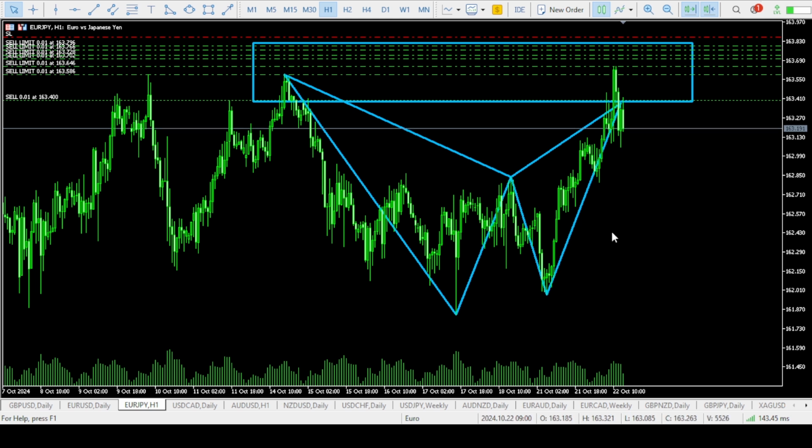Hello, I'm back. So I manually entered the first time here. You can see I entered this first trade. So I set sell limits above this region, because the higher price goes into the PRC, the lesser my risk becomes. So usually I set sell limits as much as possible, but as it is now, I don't think price will be